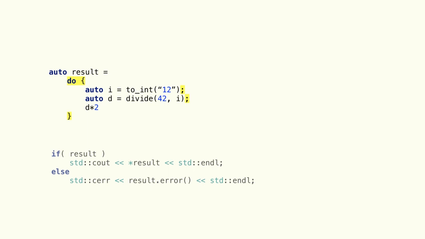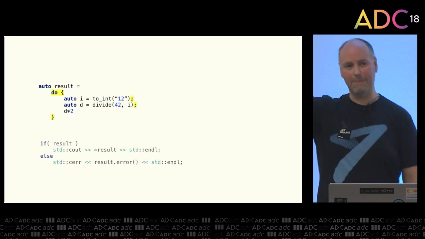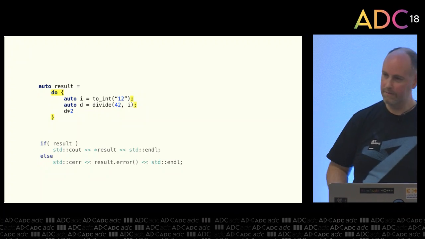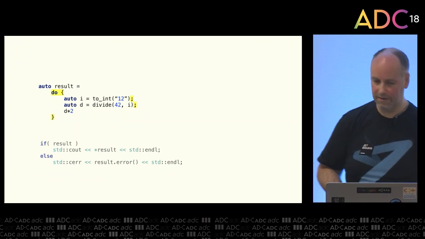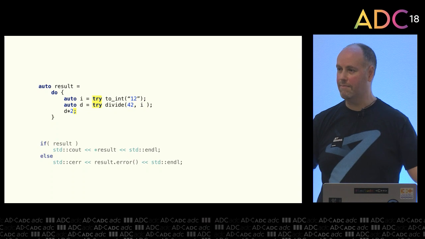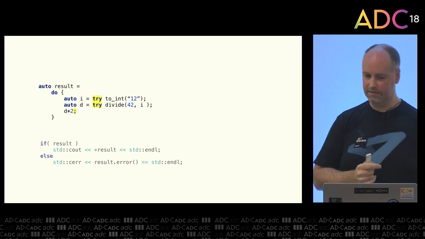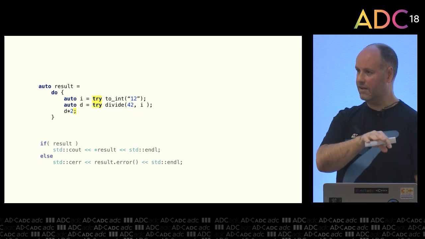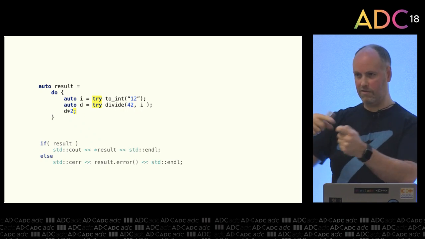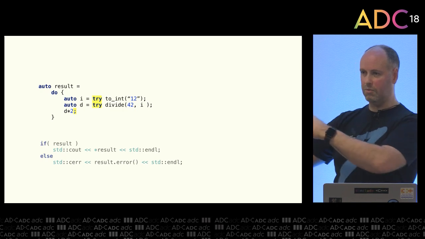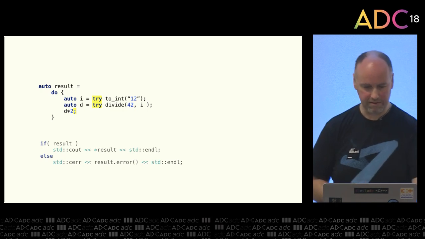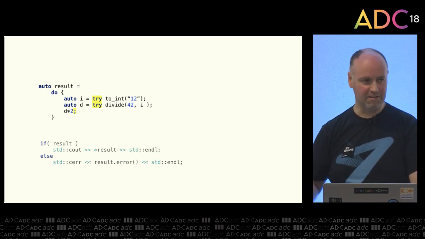But let's start with the semicolons. You may have heard people talk about programmable semicolons in languages like Haskell. That's what this means. That's the thing that actually maps to the operator. That's where the magic happens. So let's just use another keyword for that instead. Why not try? Because that's expressing our error handling intention here. So if we say the try keyword is the thing that signals to the rewriting logic that we want to sequence this as a lambda, that's what that means. Now we've got our C++ semicolons back.